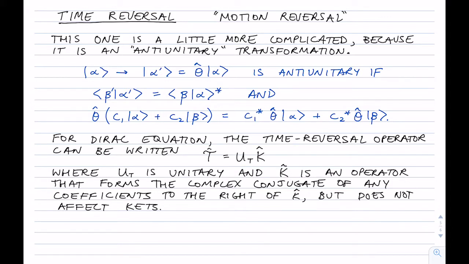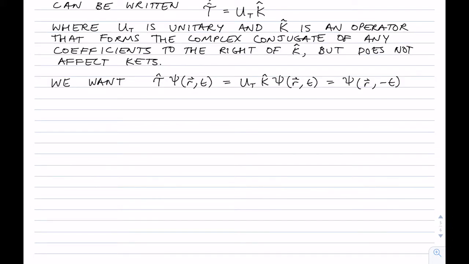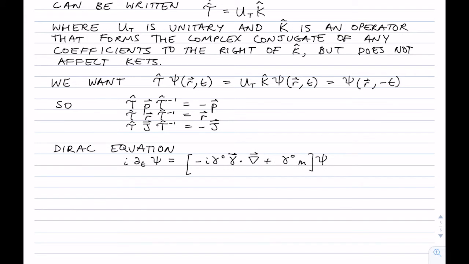So now we want to think about the properties of this curly T that we want. So in order to have this relationship hold, we would want the curly T to change the momenta but not change positions. So we'd also want to change the angular momentum, and so that would make us have to then change the spin as well. So let's just pull up the Dirac equation, and we can just have the Dirac equation for the free particle this time. And so for the left-hand side, let's have a look at the left-hand side first. What we want